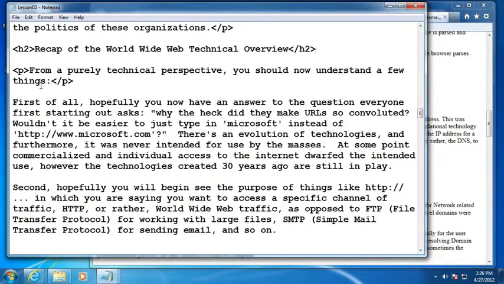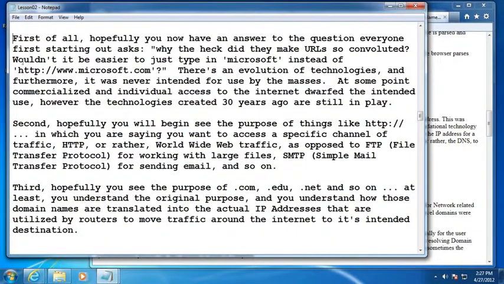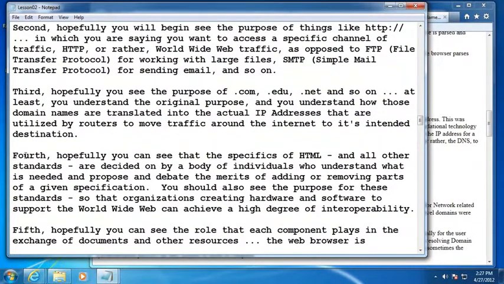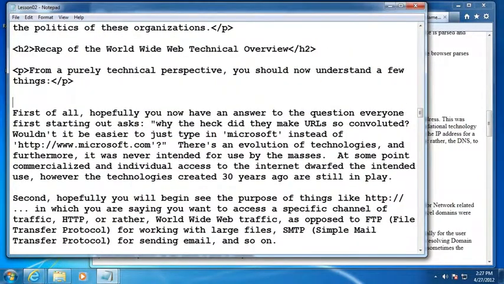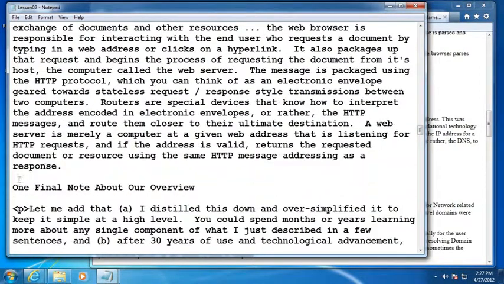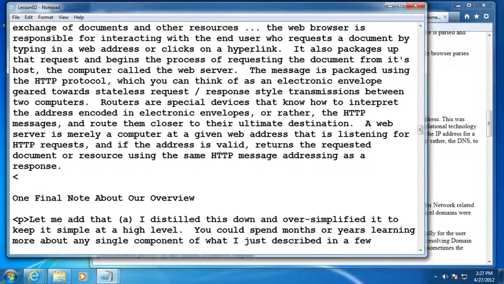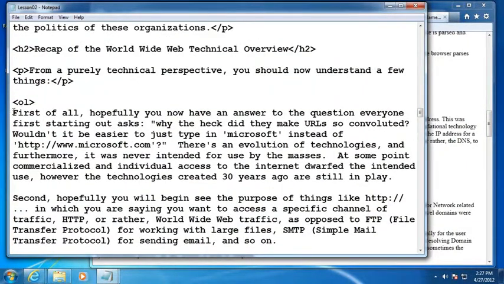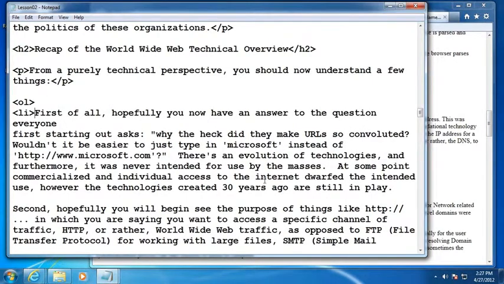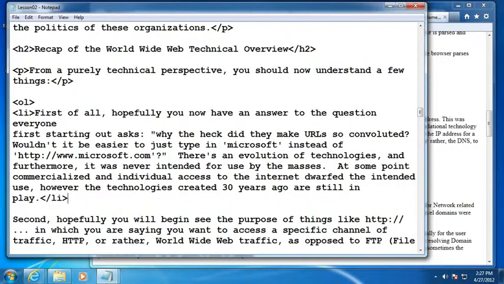What I want to do is render. You can see that from a purely technical perspective, you should now understand a few things. First of all, second, hopefully, third, hopefully, fourth, hopefully, fifth, hopefully, and so on. And what I want to do is create an ordered list of these items because they all need to be understood together and in a certain order. So I'm going to create a closing OL tag. And then I'm going to wrap each of these items with a beginning list item and an ending list item